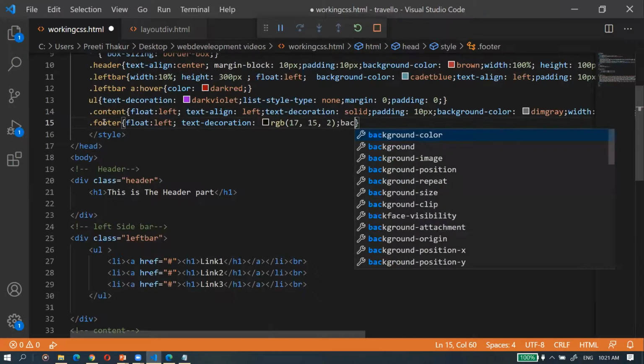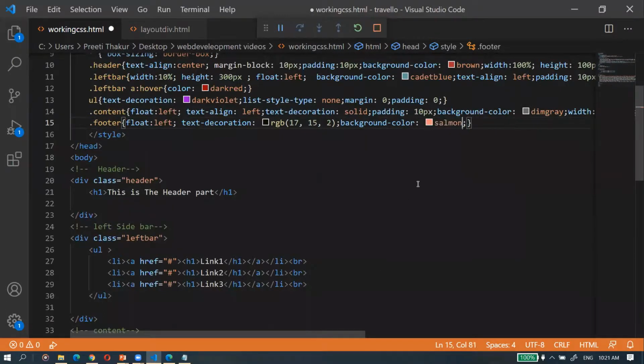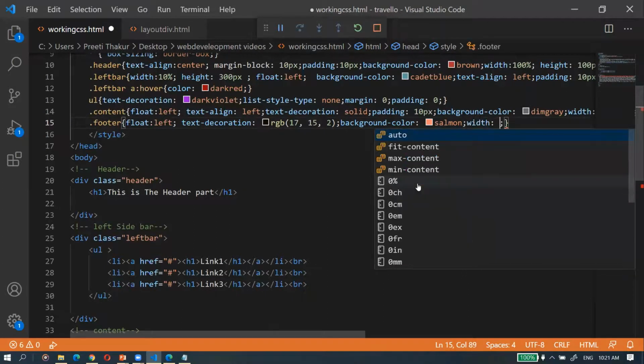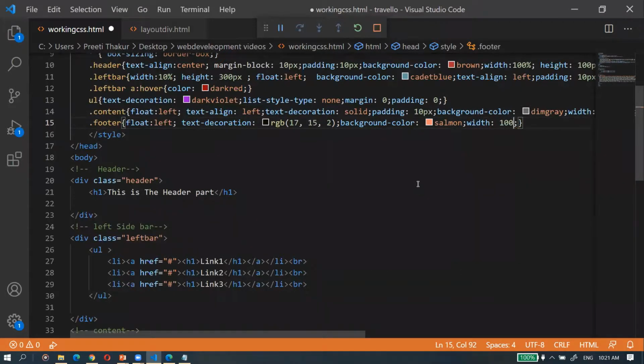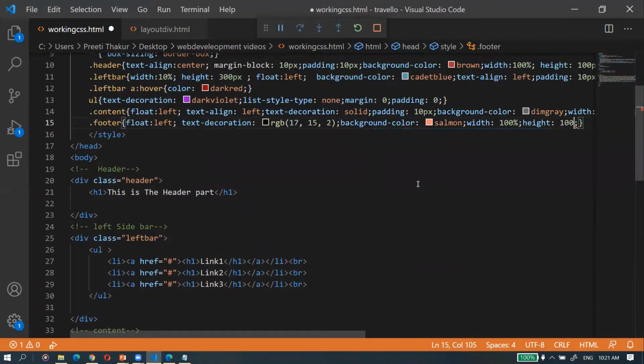Background color also I can give a background color. I'm giving background color is this Salmon, and also I can set the width and height. So let's set the width, which I'm going to set the 100% of the screen size, and then the height. So height you can set accordingly. I'm setting it to 100 points, right?